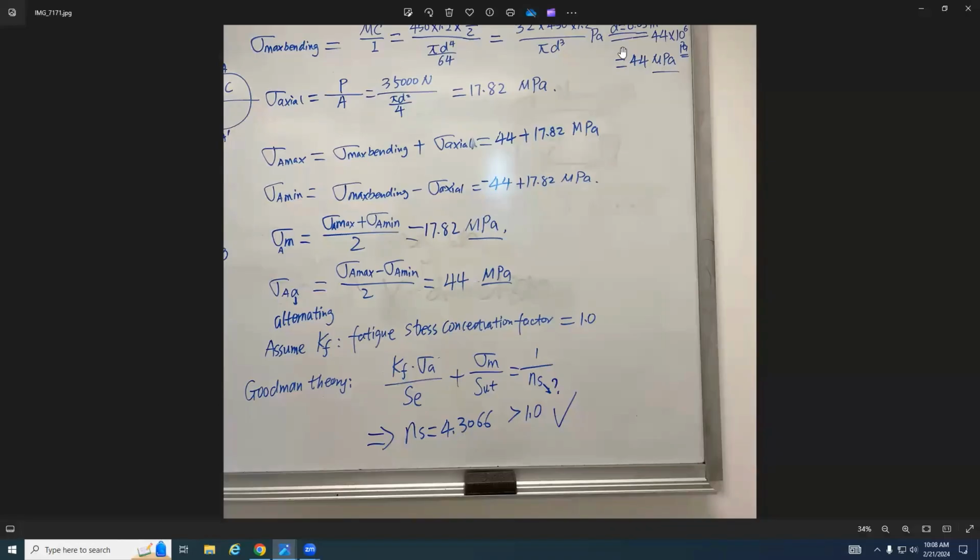Questions? So this problem shows us how to use the Goodman theory to solve the problem. You can see what the output is. The output is the safety factor, and if we want this